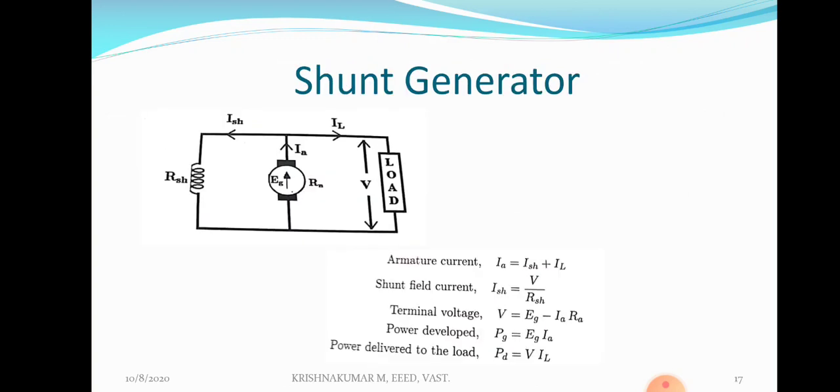What about the self-excited generator? Here we are not giving an external source to the field winding of this machine, because in the last class I told you the basic difference between a separately excited generator and a self-excited generator. The field winding of a self-excited generator has the capability of producing flux of its own. No need to give an external DC source to the field winding, because the field windings of self-excited machines have a particular character.